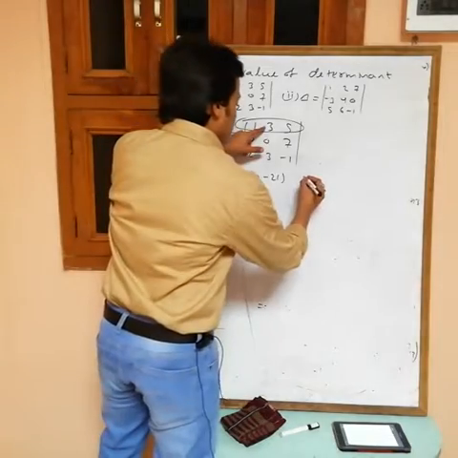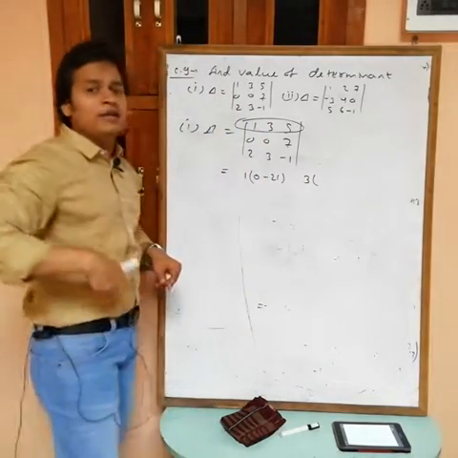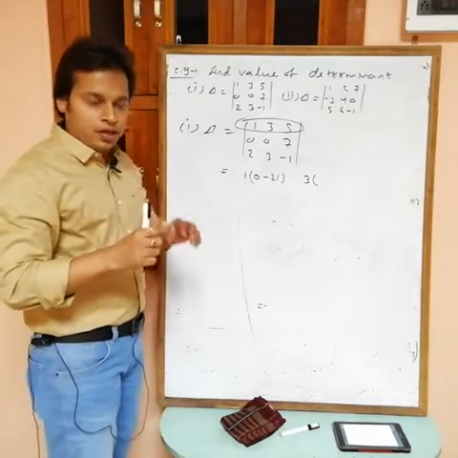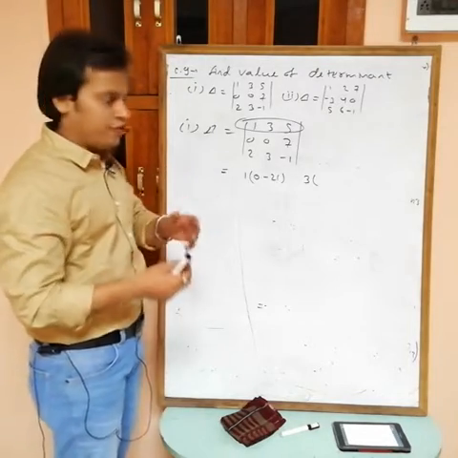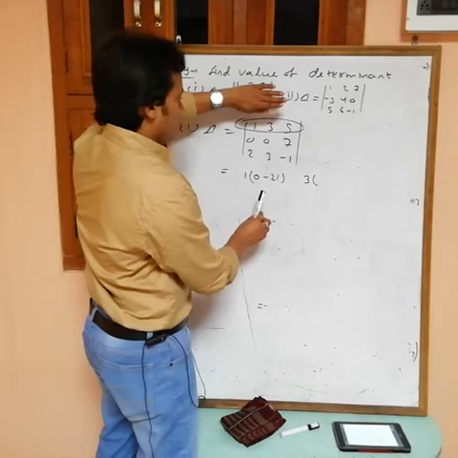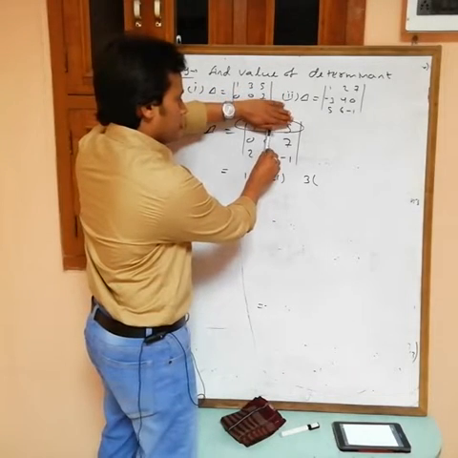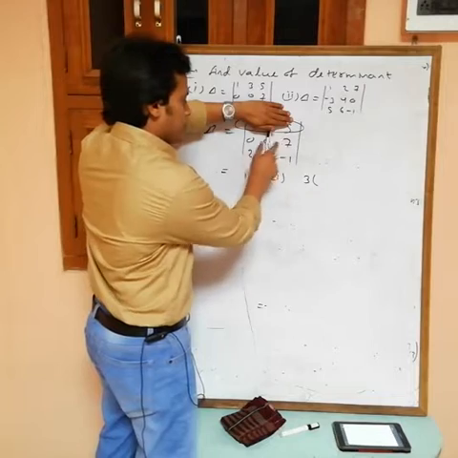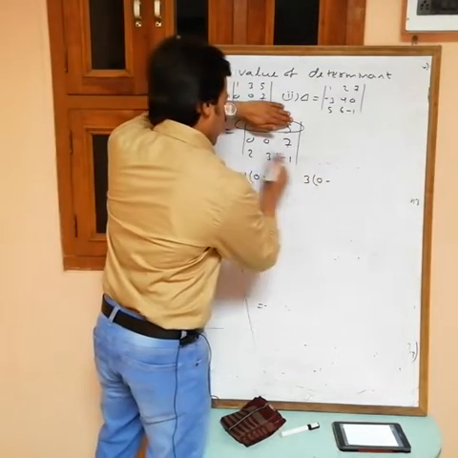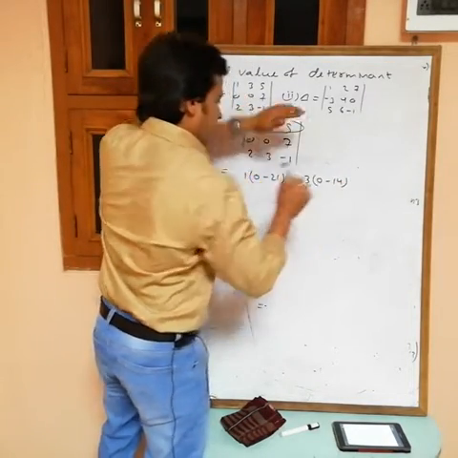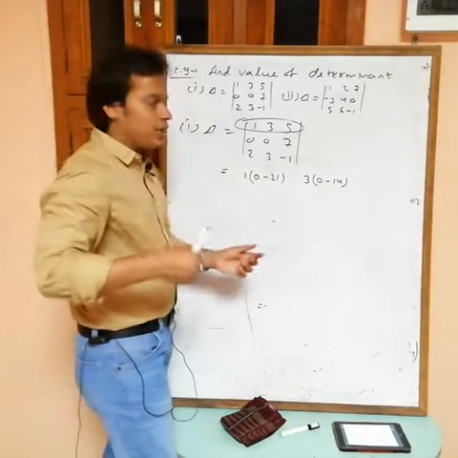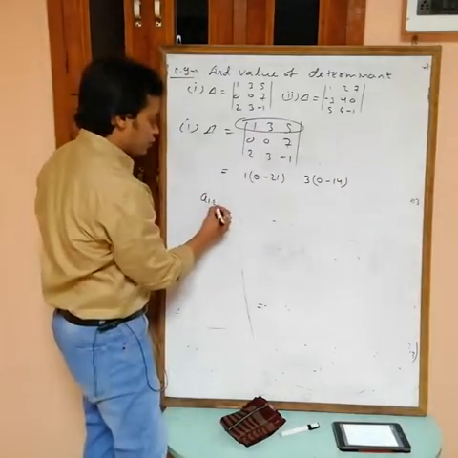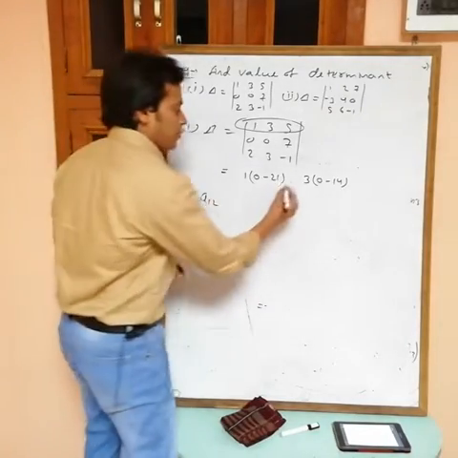Now next is 3. Now multiply 3 with its cofactor. First multiply with minor, then decide the sign. Then sign with minor becomes cofactor. Okay, so how to get minor of 3? Just hide the corresponding row and column and find the value of determinant. This one into this one minus this one into this one. So 0 minus 14. Okay, this is the value of minor, but we know that we have to multiply this one with cofactor. So decide the sign. This is A12, 1 plus 2, 3, odd, then minus.